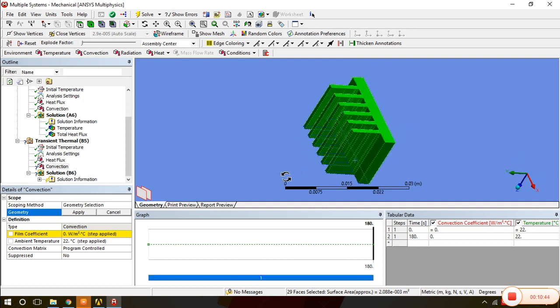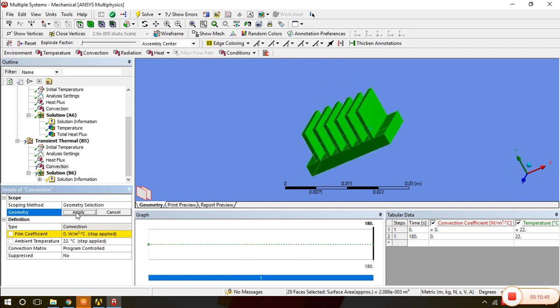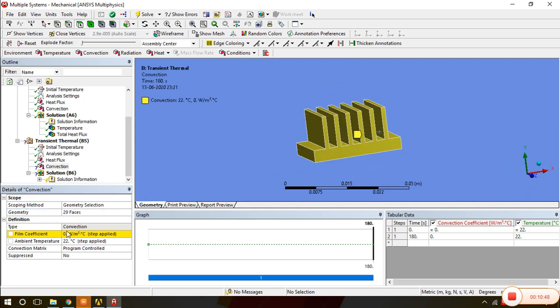So in this way all 29 faces are selected. The magnitude is 30 and the ambient temperature is constant. We are not changing the atmospheric temperature, so it is a constant 28 degrees Celsius. Now ask for the solution.